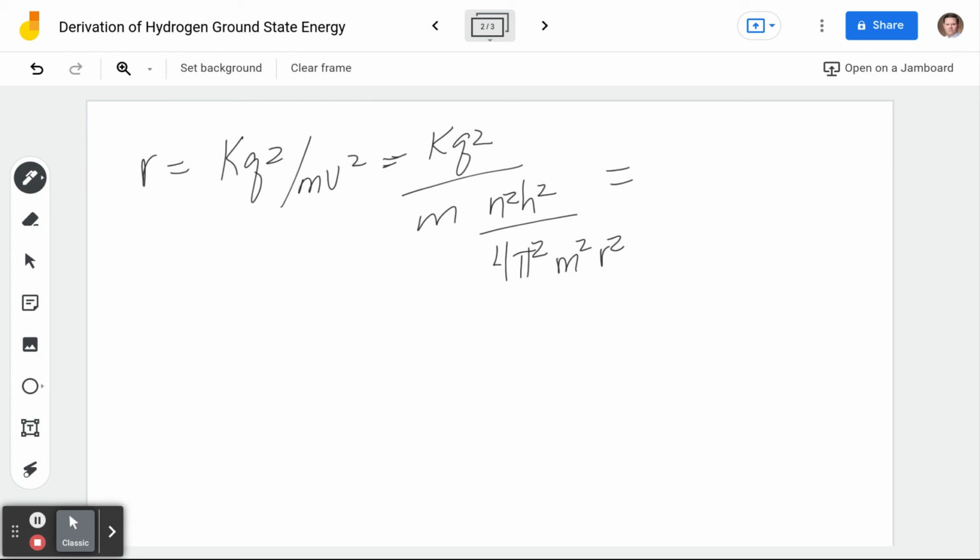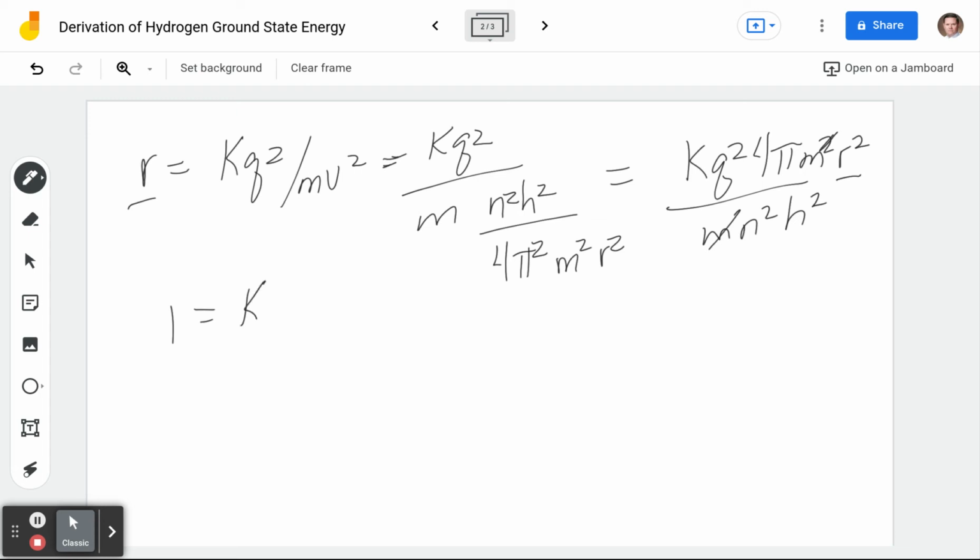Okay, and I can bring this up and reduce this. So the bottom of the bottom goes back up to the top, and I'm going to get my kq squared, and then also up top comes the 4 pi squared m squared r squared, and then this is now over m n squared h squared. This m cancels with one of these m's. And notice now that I've got an r squared over here and an r over here. So I'll cancel out an r on both sides, and then I'll get that 1 is equal to kq squared 4 pi squared r over n squared h squared,